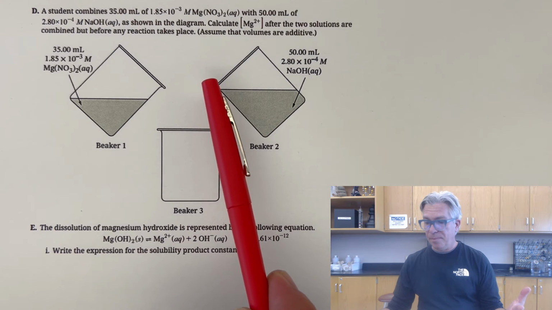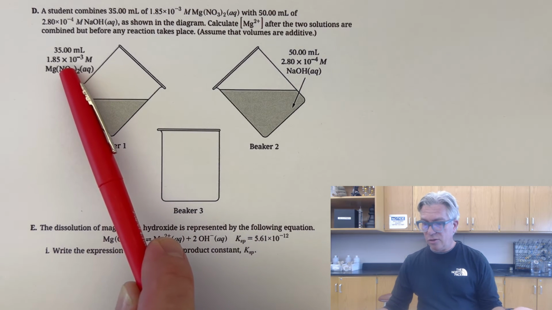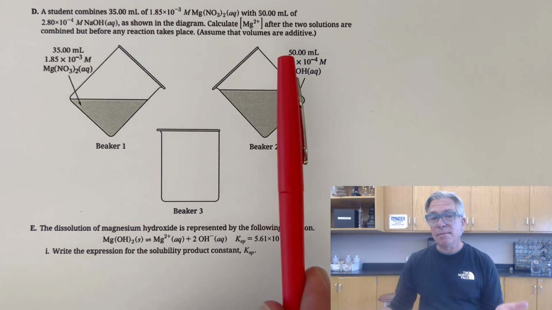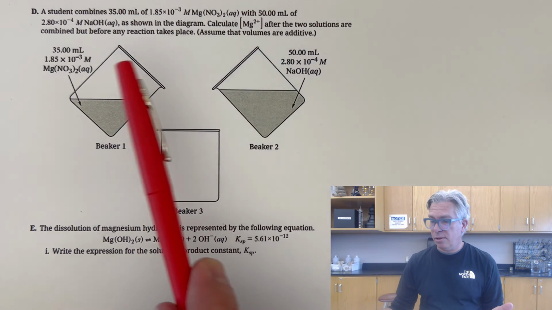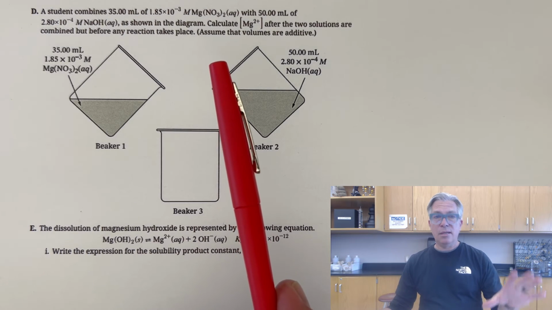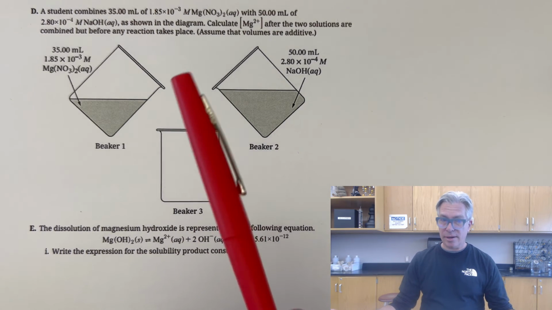So here what we need to do is say, all right, here's the concentration of magnesium in 35 milliliters. But the moment I mix them, it becomes 85 milliliters. 35 plus 50 is 85. And it will immediately get diluted to some new lesser molarity. And that's what I need to find out. Once I recognize that it's a dilution,